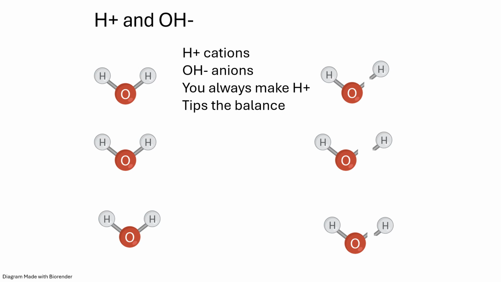I lied previously. Water, or H2O, actually exists as H+ or hydrogen cations and OH- anions. It's almost as if Mickey Mouse here did a Van Gogh move and chopped its ear off. The ear, or the hydrogen, leaves with its proton, but not with its electron. Remember, hydrogen's electron is attracted to anything else but its corresponding proton. The OH part leaves with all of the electrons from the water molecule, making it an anion because it has